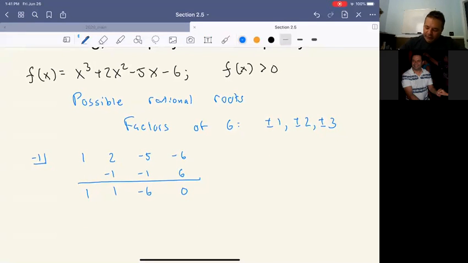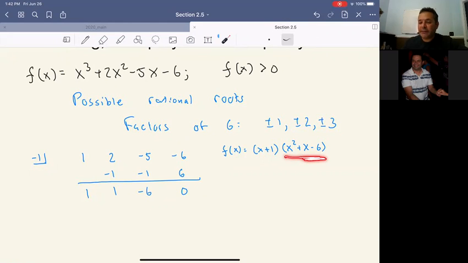Okay, so our f of x is x plus 1. Remember, if -1 is a root, then x plus 1 is a factor, times x squared plus x minus 6. This one I can factor. That's a pretty standard quadratic. Two numbers that multiply to 6 and subtract to 1, 3 and 2. It's about as straightforward as I can give you. x plus 1, x plus 3